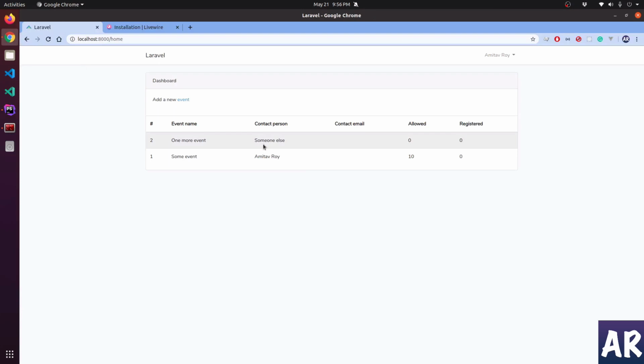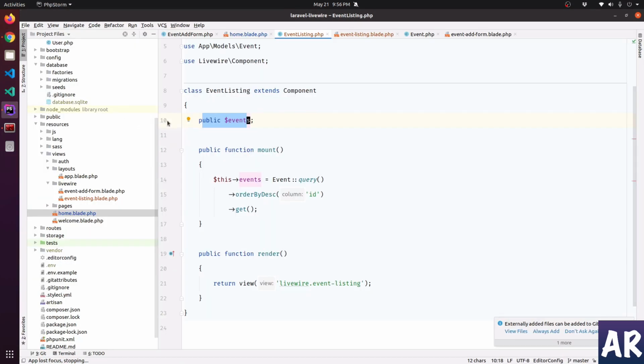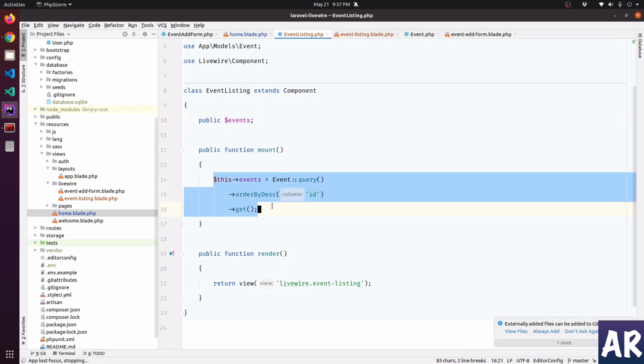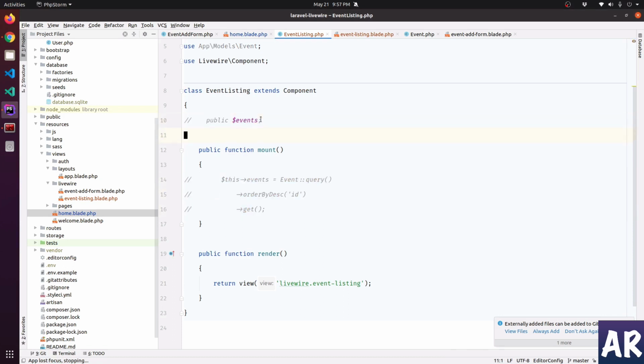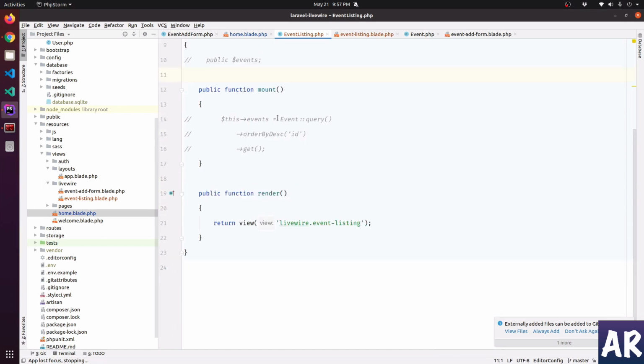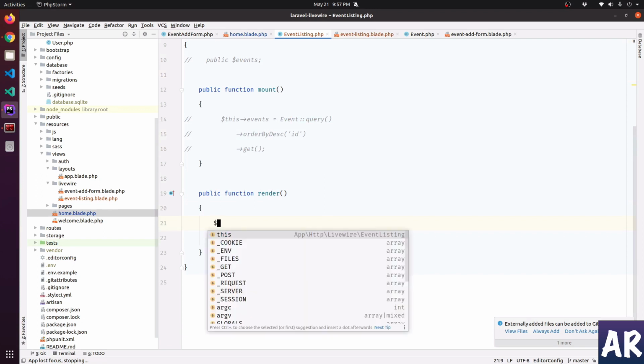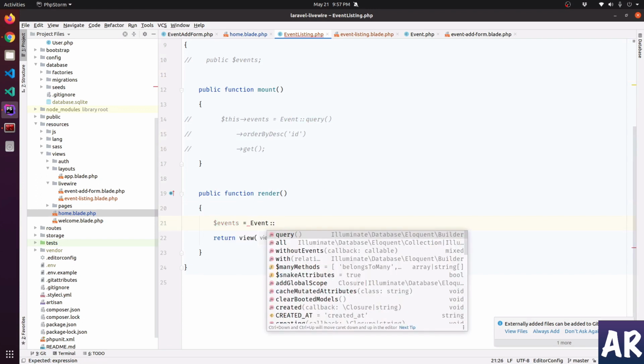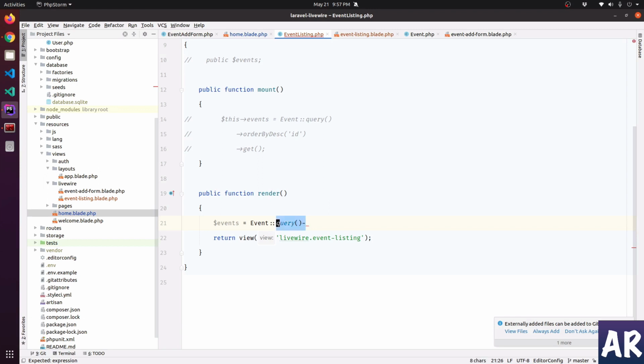Or if there is any particular kind of data in your component which you think is only required during the page load, and then there is not really any reactive behavior to it, you can also do one thing, which is instead of mount, right? Like, I'm just commenting out because I will continue to use this. However, you can also do something like $events equals Event order by descending id get, and I'll pass this